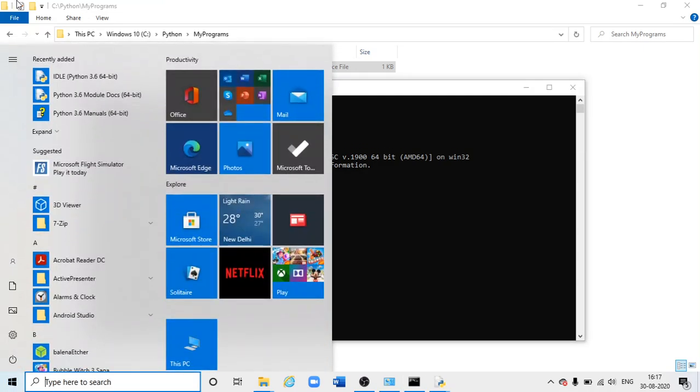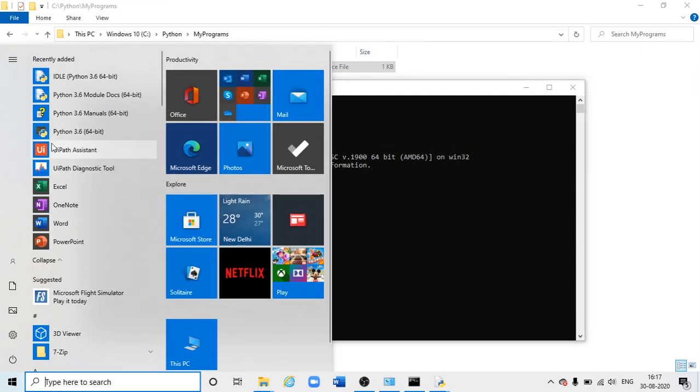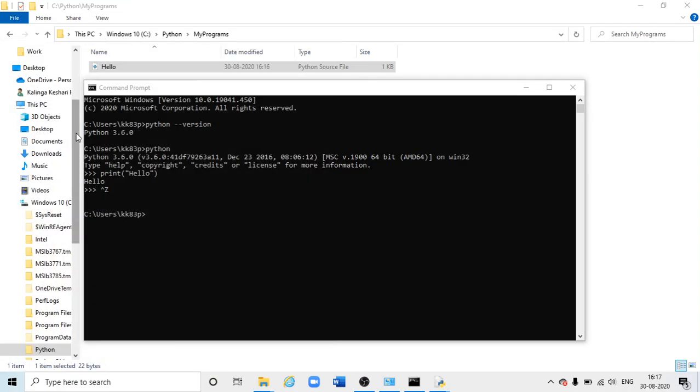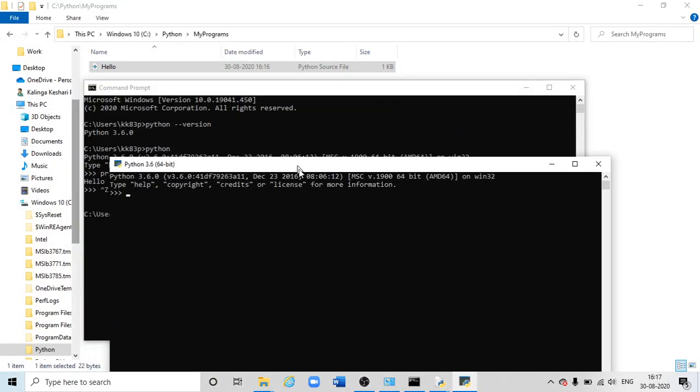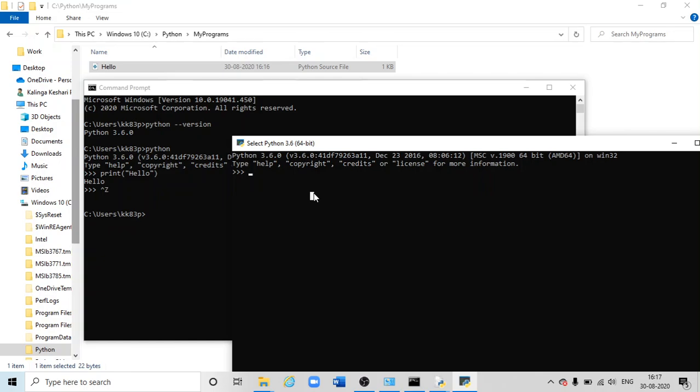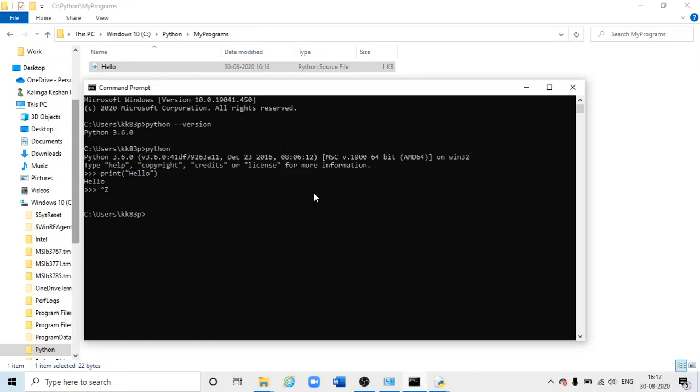So I can go to the Python shell from here also, Python 3.6. So see, a similar CMD window is opening here, and here I'm typing something to test. Yes, it is working fine. So again I'm just closing it.